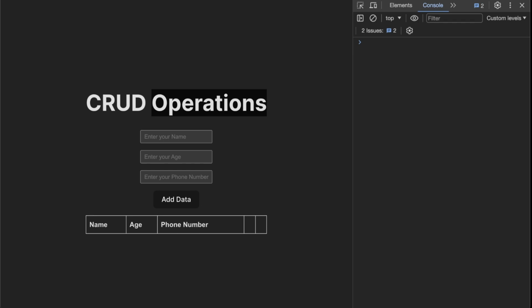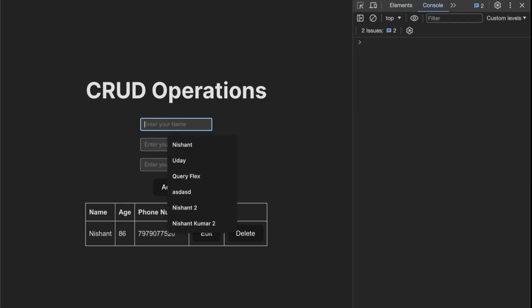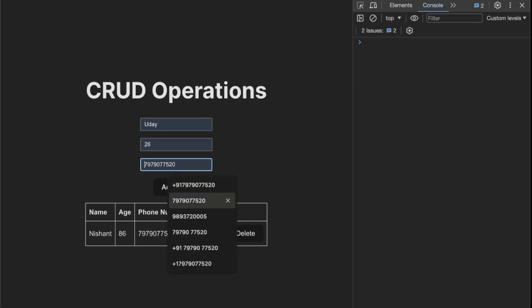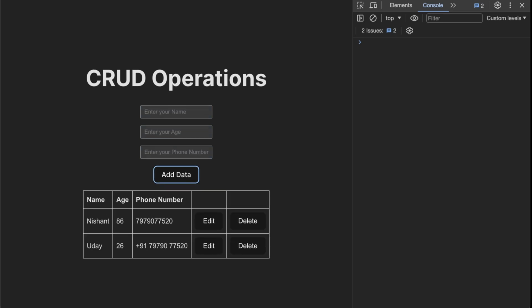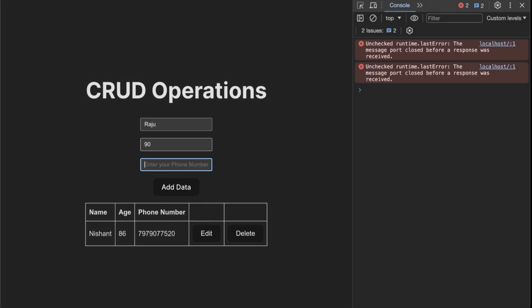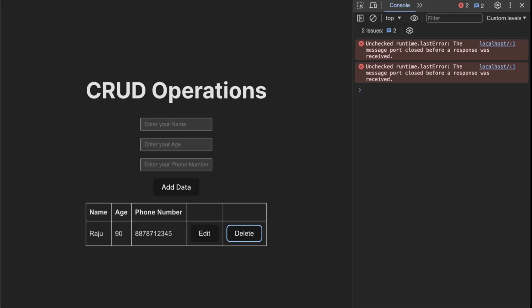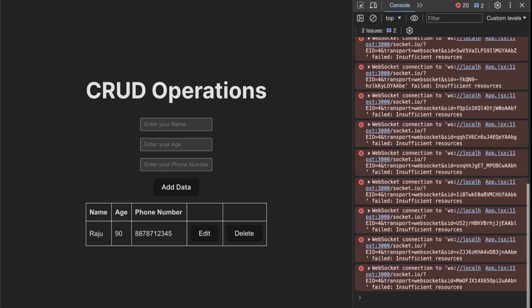It is running. Let's try it out. Say name, age and phone number. Let me add one more, Uday. Age, phone number, add. Delete, let's say Uday, deleted. Let's add one more called Raju, age 90, phone number, some random phone number. Let's try add. Let's delete Nishant, and it has gone. So that's how the delete